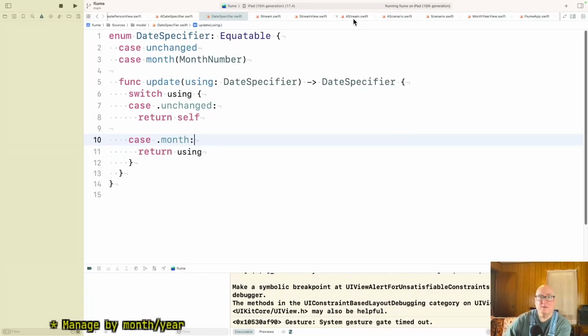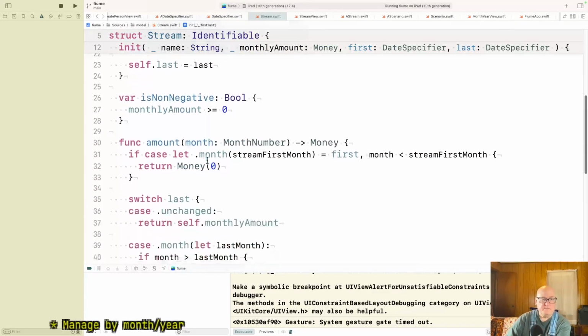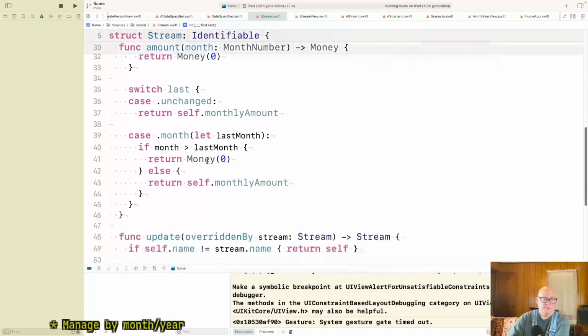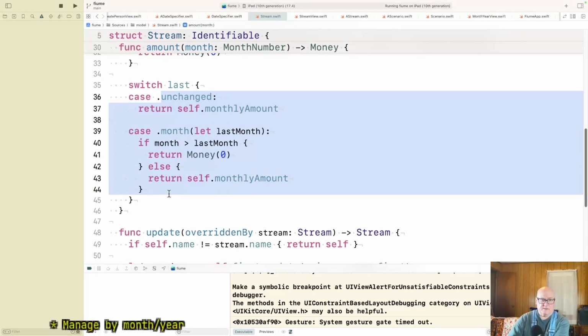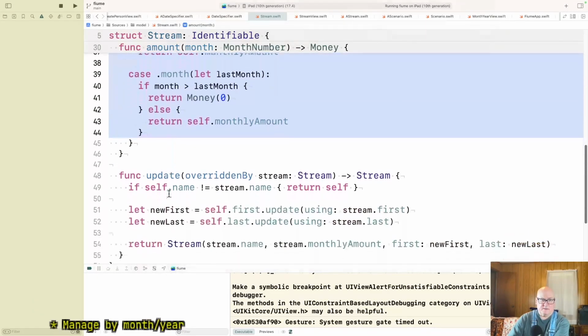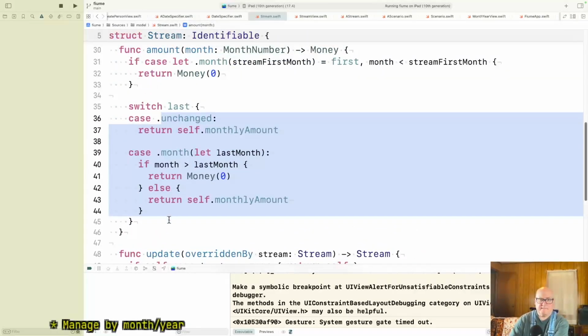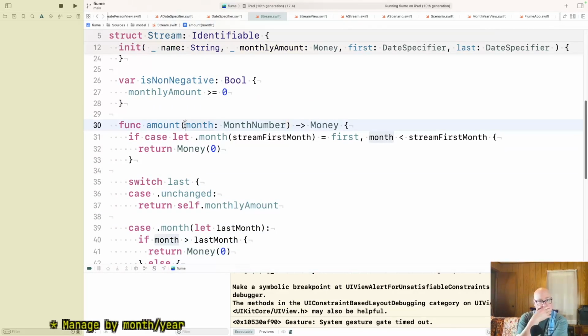And the problem is when you're computing a stream, you want to know the amount for a month number. It could be multiple things. But I'm guessing you would need to know the date to work that out.